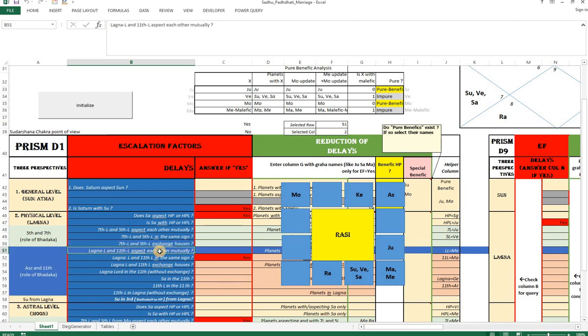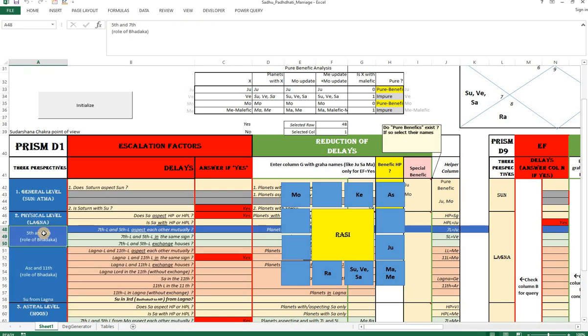Now this 5th and 7th, why does it come here? It is because the 5th is considered a Badaka house to the 7th. The 7th is the house of purpose and the 5th is the 11th from it. In normal astrology, for movable signs alone, we have the 11th as Badaka. For fixed signs, it's the 9th house, and for common signs, it's the 7th house, is generally what we read